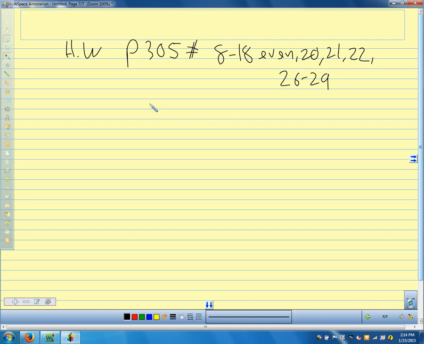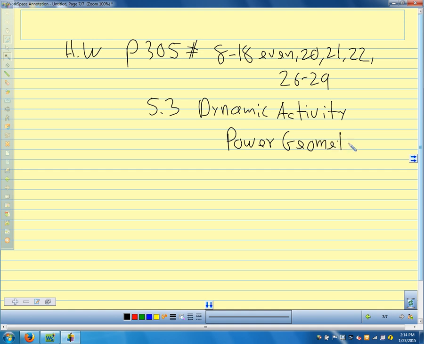And also part of your homework is the 5.3 dynamic activity. So on power geometry, it'll be in your to-do list, just like we did in class yesterday. Click the 5.3 thing and just do the dynamic activity. All right, let me